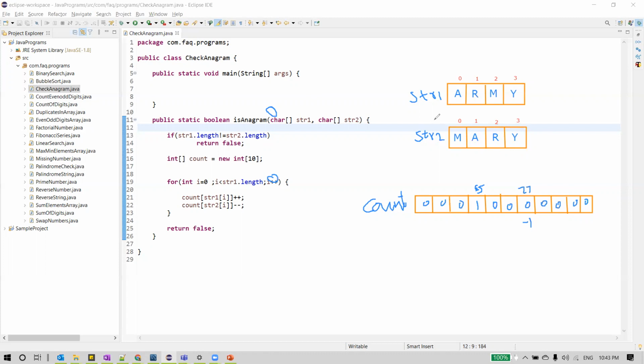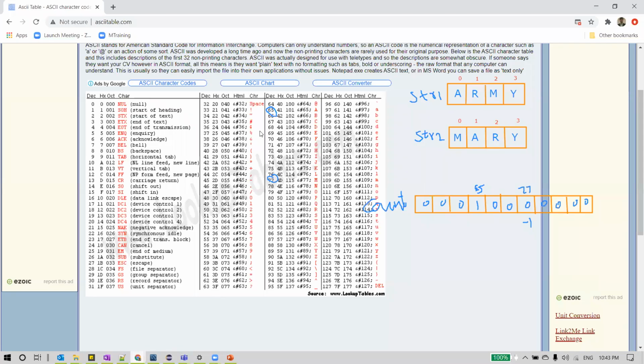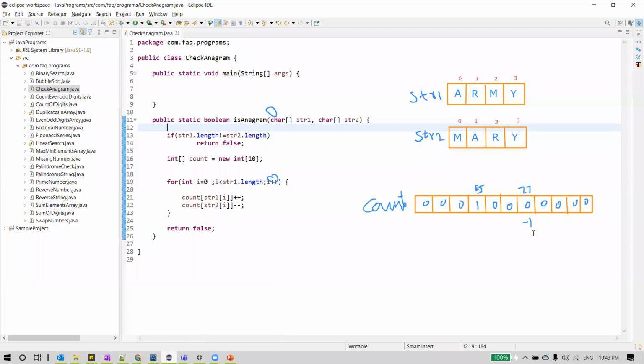Again, I becomes 1, and string 1 of I is R. Again, what's the ASCII code of R? That will be read from the table. That is what Java converts implicitly. R, you can see it is 82. So 82 will be index 82.